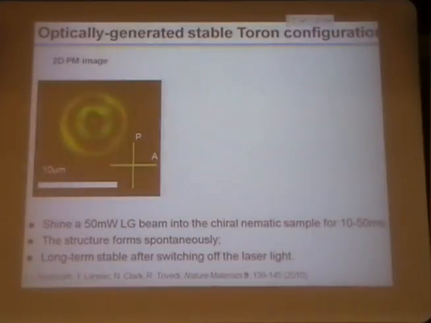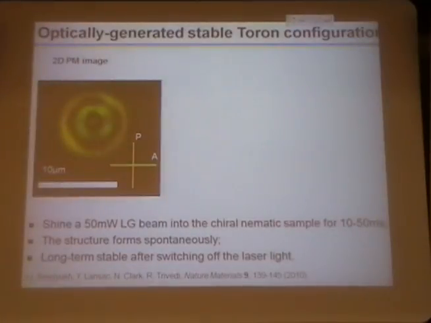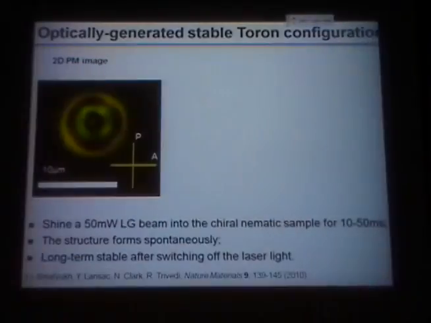So the effect of shining a Laguerre Gaussian laser beam, as you can see, can be generation of a defect structure in here, a twisted configuration that can be stable over long periods of time, even after we completely turn off the laser light that we use to generate it. And so here is such a structure,